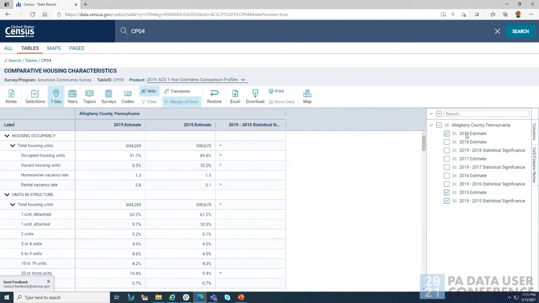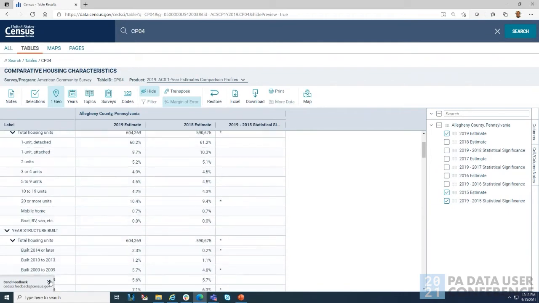All I'm leaving is the 2019 estimate, the 2015 estimate, and then the statistical significance between 2019 and 2015. An asterisk just means that there is a statistically significant difference between those two years. So you can say something has increased or decreased.